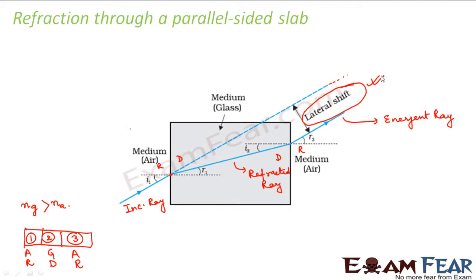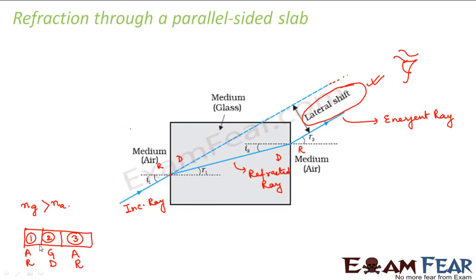But for now, you should know that when a ray of light passes through multiple mediums and experiences refraction multiple number of times, there is a lateral shift between the emergent ray which finally comes out with respect to the incident ray. So in this case, the ray which you are observing is the emergent ray and not the incident ray. This is the point to be noted because the incident ray had already got refracted. So the ray which is coming out is the emergent ray.